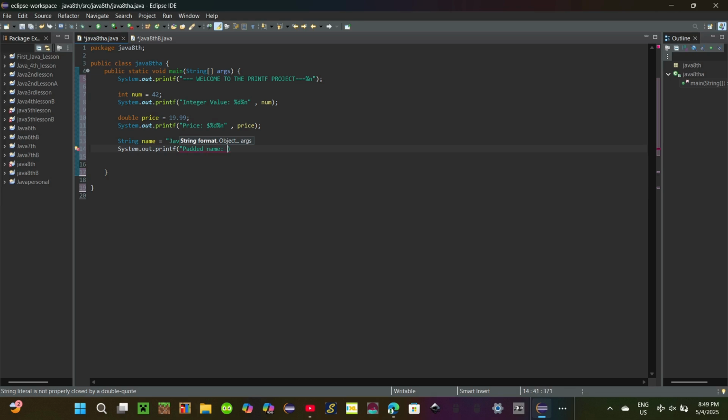And then colon. And then we'll do percent dash 10s. And then after that we'll do brackets, and then we'll type left aligned, and then we'll do percent n, and then we'll put a space. We'll put a colon and then a comma and then a space, and then we'll do